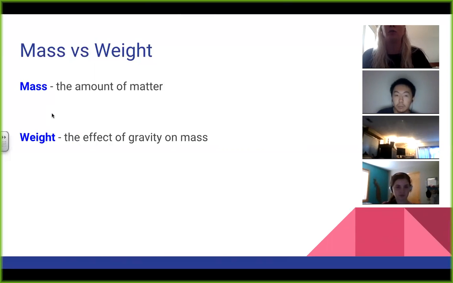However, if I go to a different city, like I go way up in the mountains, I'll actually weigh less. My matter or my mass didn't change necessarily, right? So that's kind of one of those tricky ones where it's like maybe both changed, but it's possible that only the weight changed and not the mass.